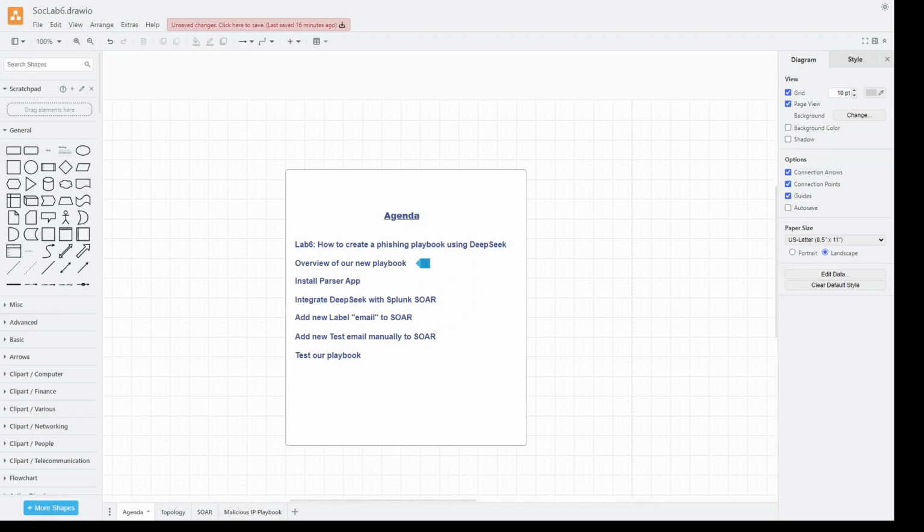So for our agenda, we are going to have an overview of our new playbook. Then we are going to install the Parser app. That's what we are going to need to parse the received emails. Then we are going to integrate our DeepSeek with Splunk SOAR using the API HTTP. Then we are going to manually add a new label called email so that we can discriminate the events received to SOAR from the mail server. And since we do not have any mail server, actually we are going to manually be adding those email events to the SOAR,